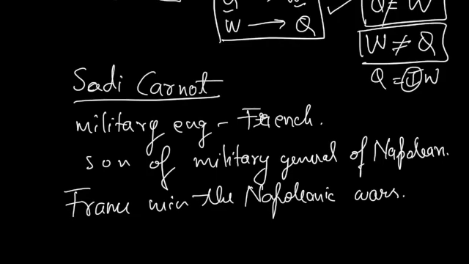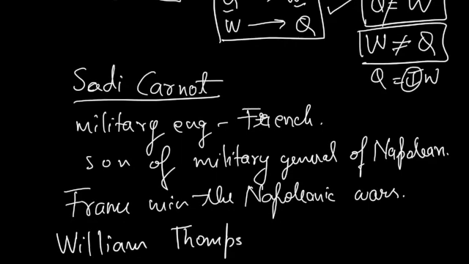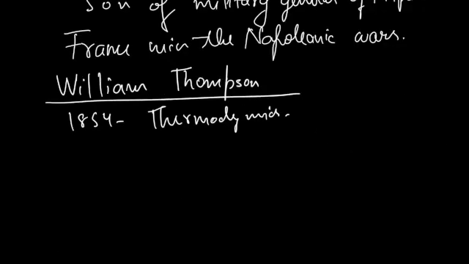And then later on, William Thomson, and so many other people, drew inspiration from his work and worked on it. William Thomson was one of them. He drew inspiration from what Sadi Carnot did, and based on his work, he published his own article in 1854, which I already explained, and used the term thermodynamics for the first time there. So he gave a very concise definition of thermodynamics, and according to him, he said that